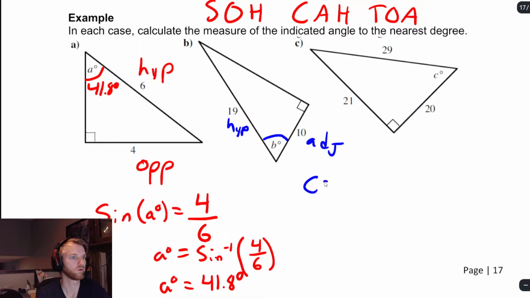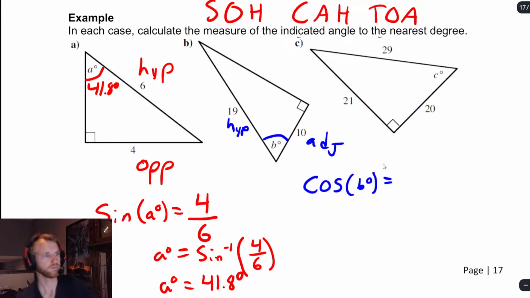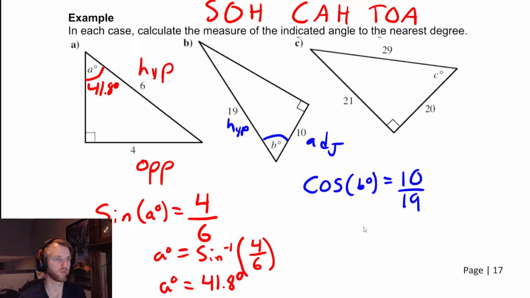So cos of angle B is equal to adjacent over hypotenuse, so 10 over 19. We need to get rid of our cos, so we're going to move it to the other side and make it cos inverse. So angle B is equal to cos inverse of 10 divided by 19,